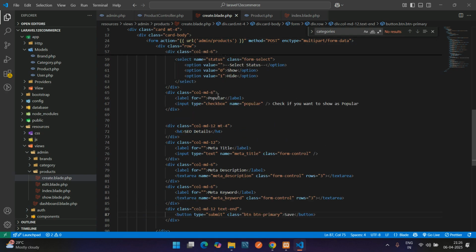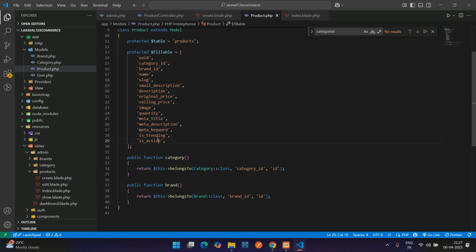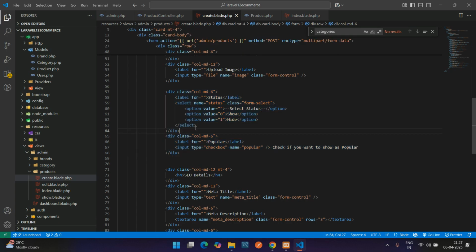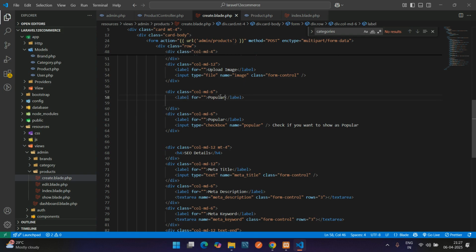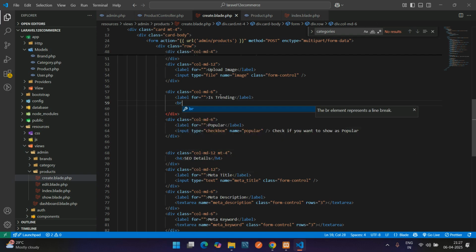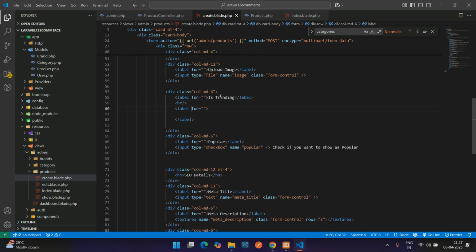So what is the thing missing guys here? Like two things we have extra here. So we have trending and is active. Let's make both of these fields checkboxes. So let me remove this and we copy. Let me add it in a unique way, I mean in a different way. So here as is trending, let's use a BR tag and again use a label tag where we use a checkbox inside this,